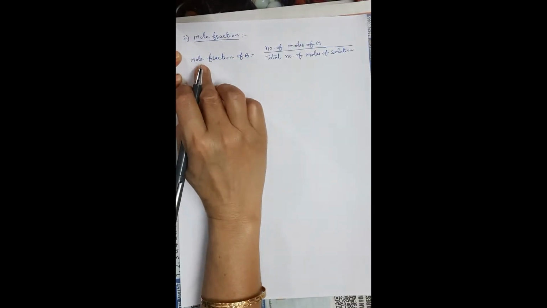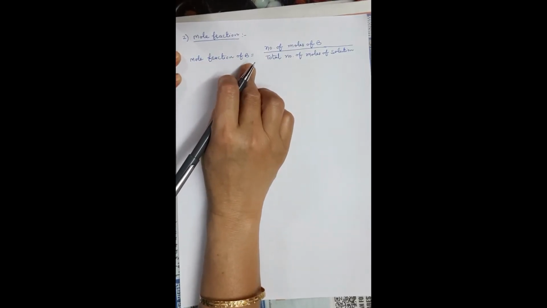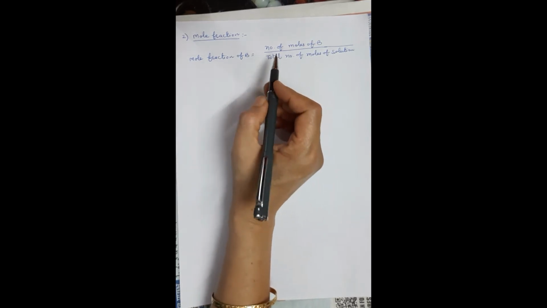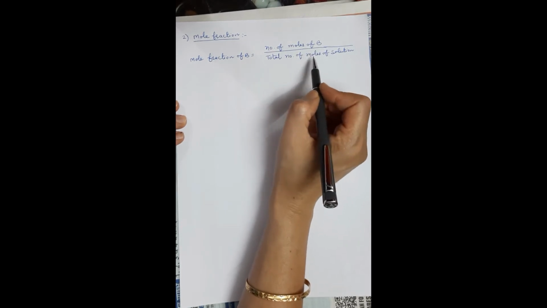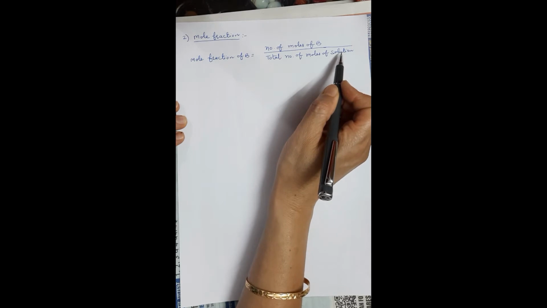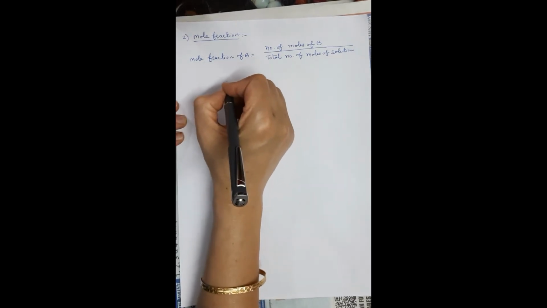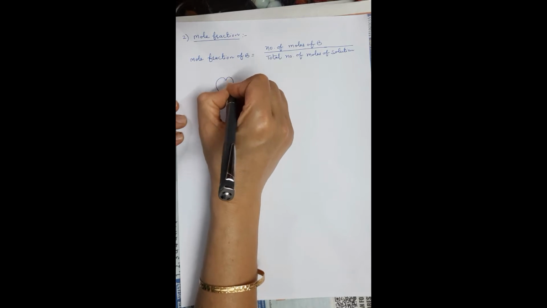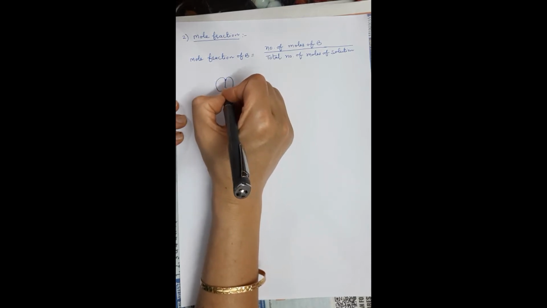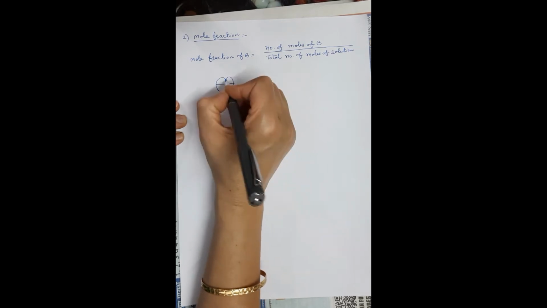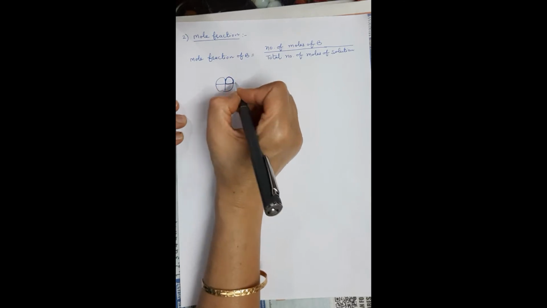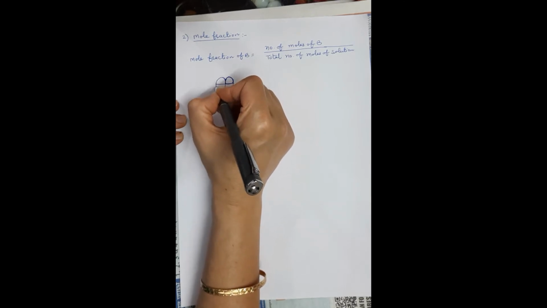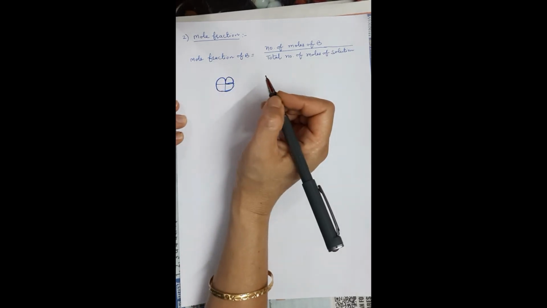Beta, how will you define mole fraction of B? It is actually the ratio of the number of moles of one component, either A or B, to the total number of moles of solution. I can also say, if you take an apple and divide it into 4 parts, what is one part to the total apple? It is 1 by 4 of the total. And what is the rest of that? It is 3 by 4 to the total apple.